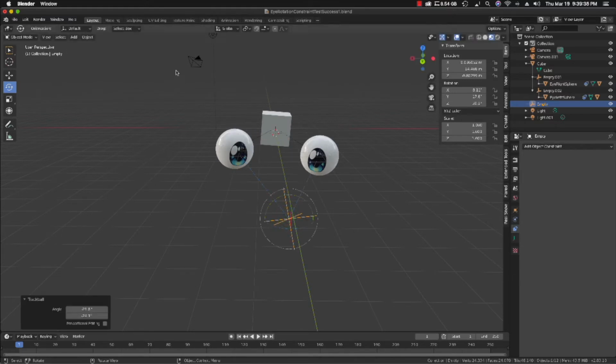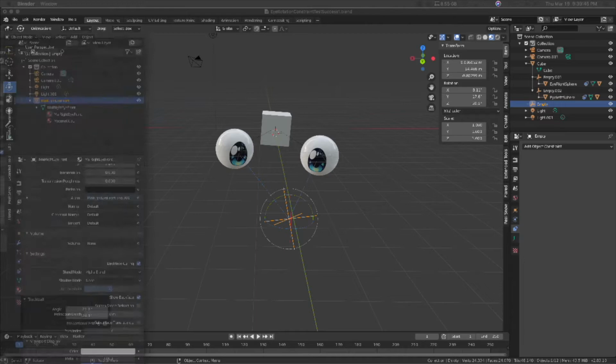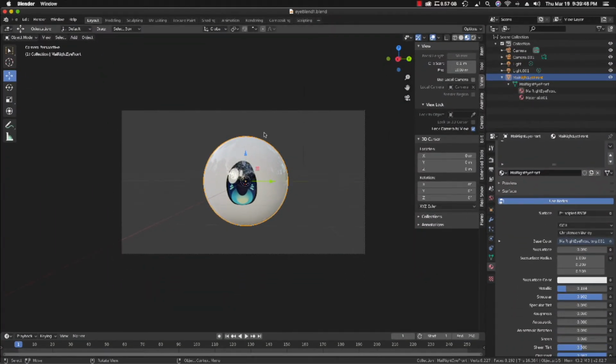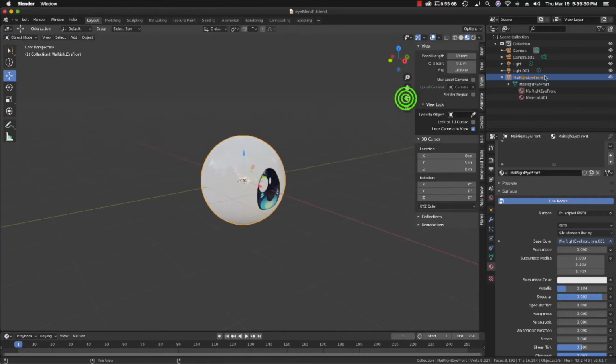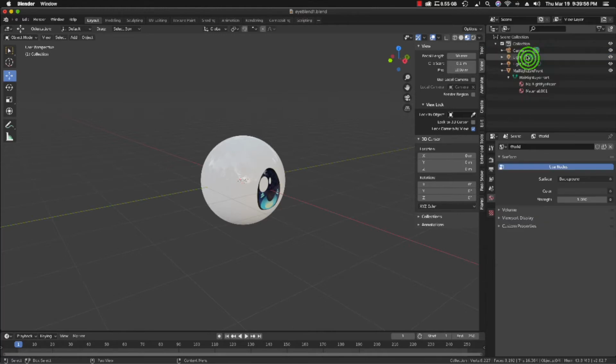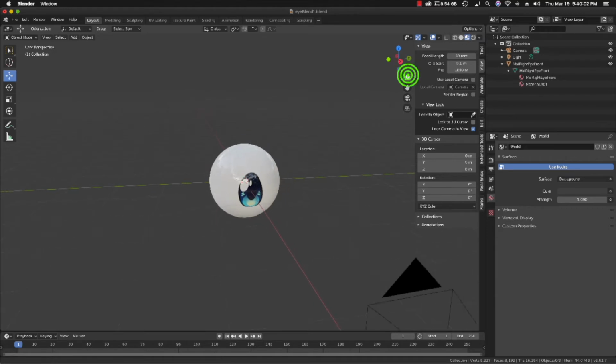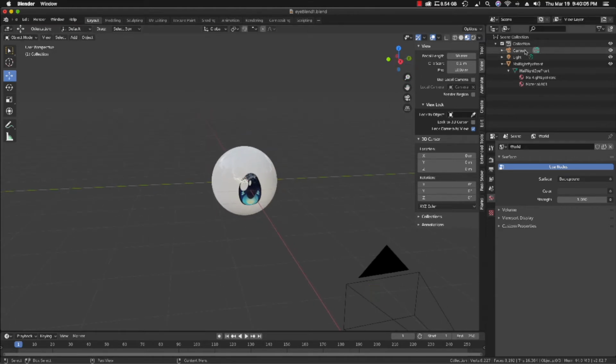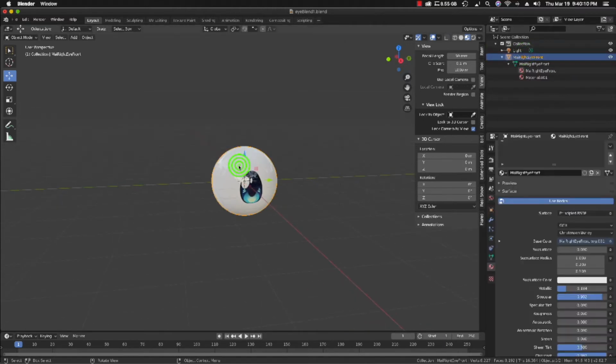Okay, so we'll start from scratch. Let me start with this one eye here. Let's get out of this and let me delete that camera. Extra stuff. So let me zoom out of here. Don't need the camera. Alright, so let's select the eye, and for this to work we have to have it parented to an empty